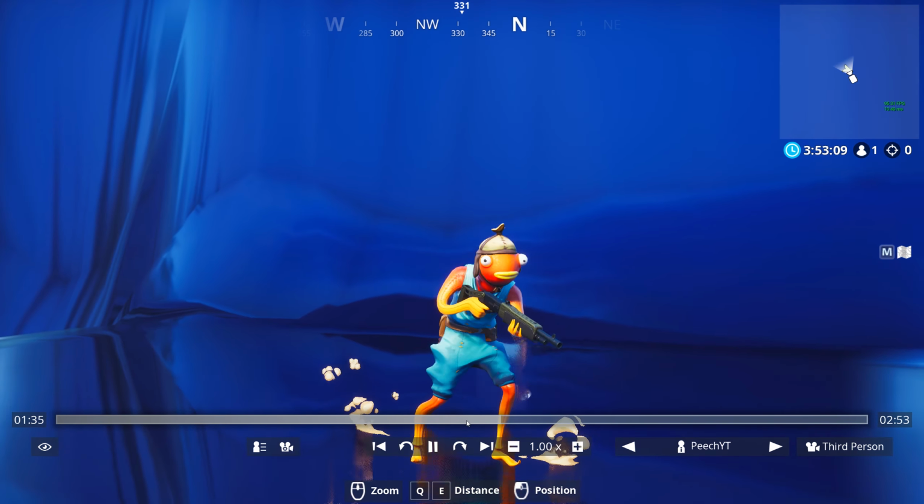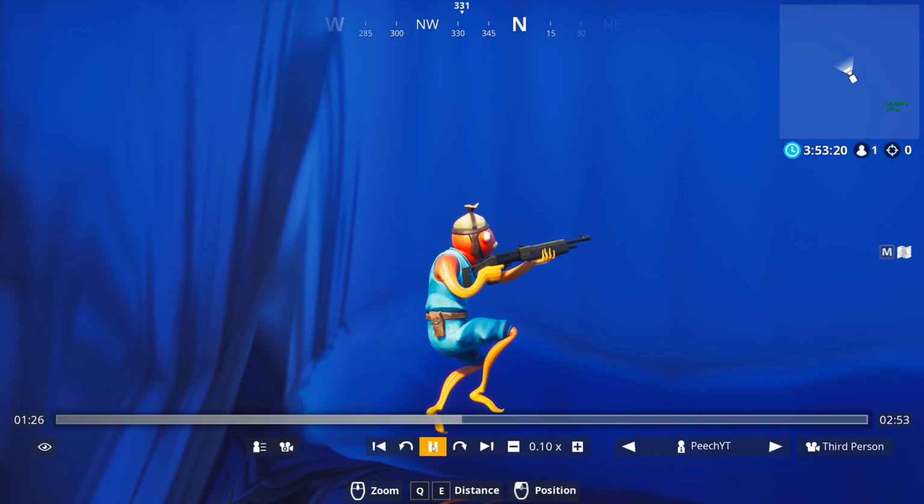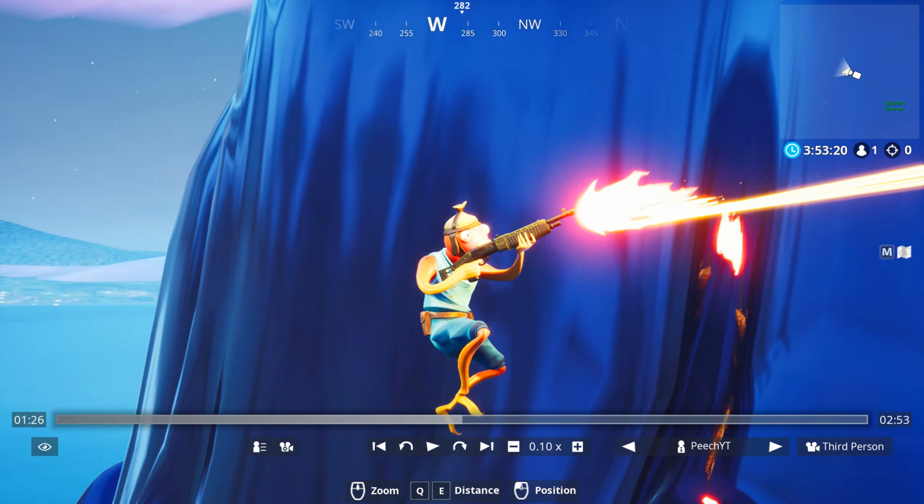So let's look at the pump shot first. If you're using a weapon and you're shooting it, you're going to want to find the exact time that your character shoots because it adds really nice lighting. So I'm just going to slow down so that we get the exact moment. So as you can see here,